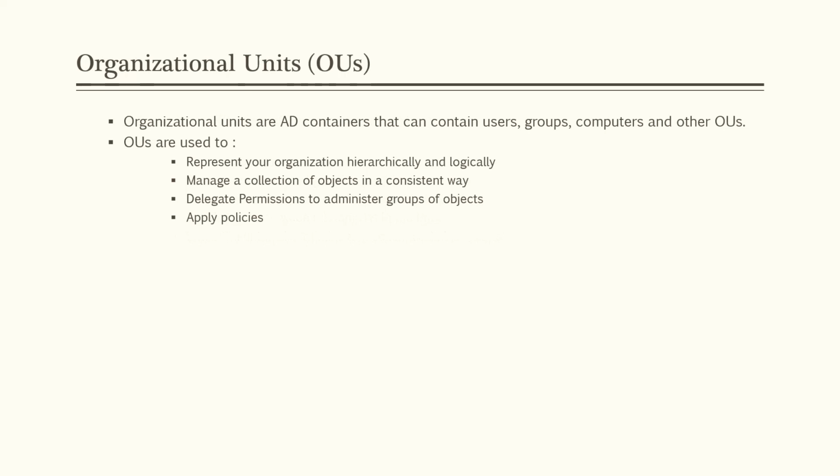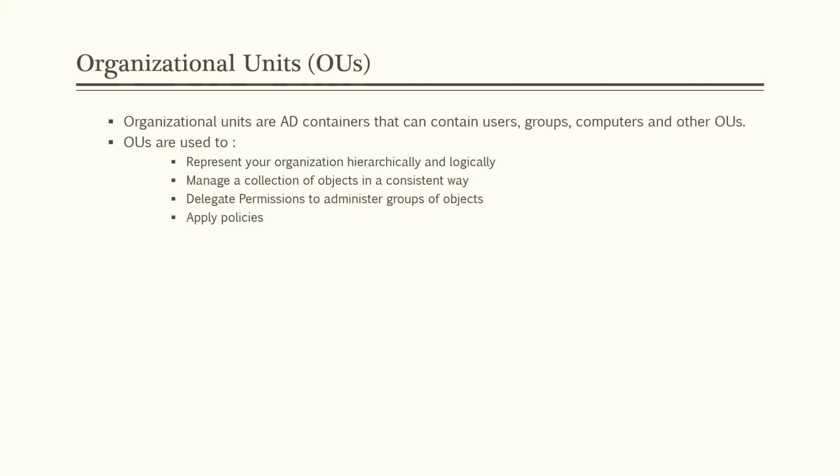Next, we have organizational units. They are also often referred to as OUs. Organizational units are the AD containers that can contain users, groups, computers, and other OUs. So let's say this is a kind of storage place for all of the objects to be located at. All right. So these represent your organization hierarchically and logically. It will make a lot of sense while building an Active Directory lab. So for now, it is just very important to be familiar with the terminologies, and we can later build upon understanding the actual working behind each of these components in the lab session.